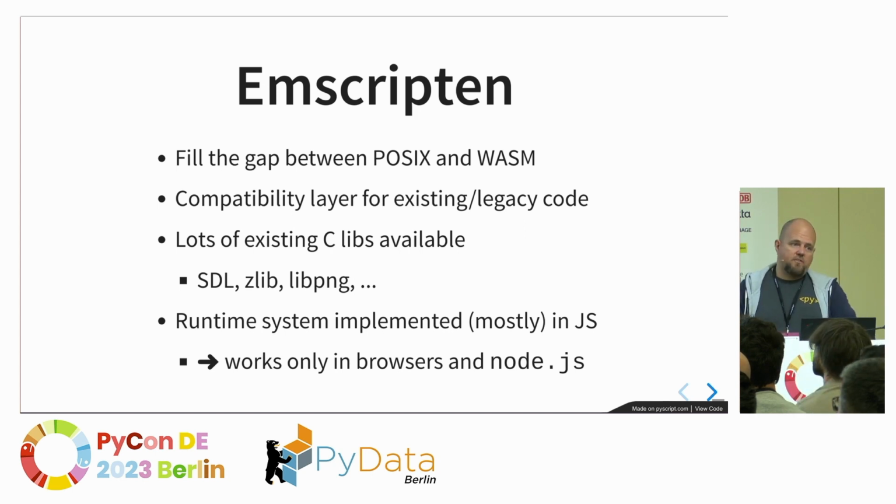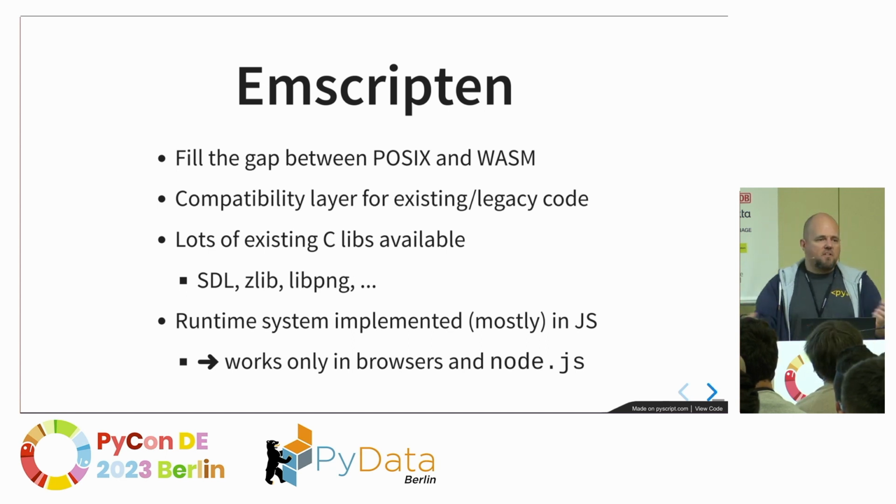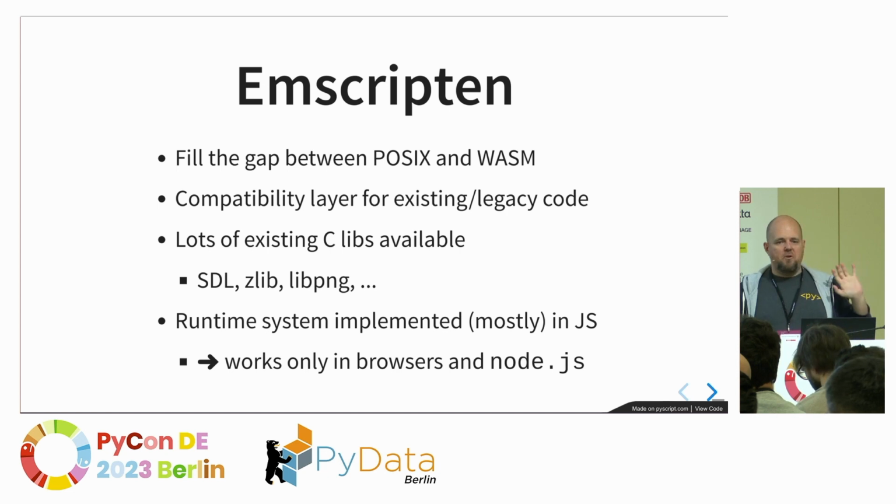So there are solutions for this, and there are two big solutions. The first is Emscripten. Emscripten is a project which aims to make it possible to take legacy code, which expects a lot of functionality from the system, like the libc, files, networks, and various libraries, and package everything into an SDK which you can use to compile things to WebAssembly. So instead of calling GCC, you call emcc, and Emscripten does a lot of things for you. From the point of view of your C program, you are in a normal environment. You can open files, you can do network, and so on.